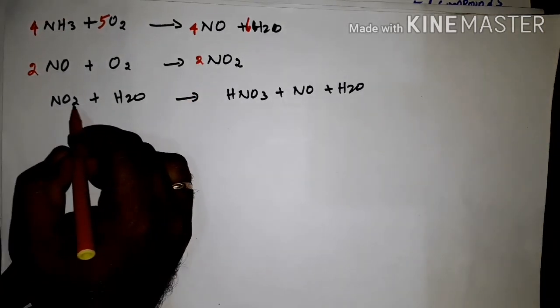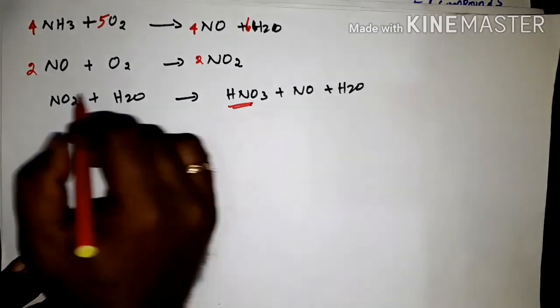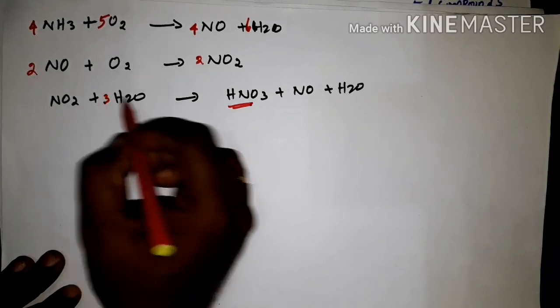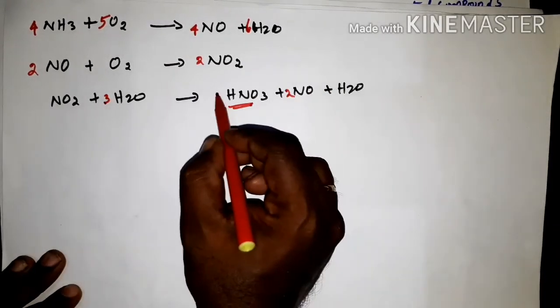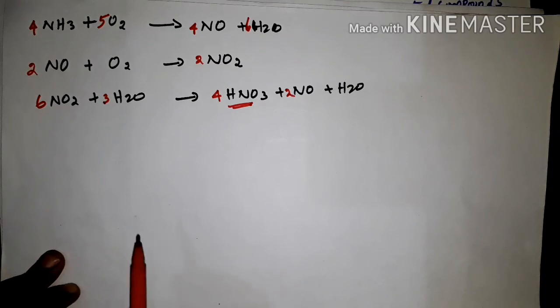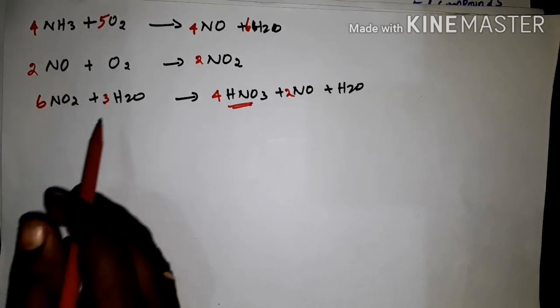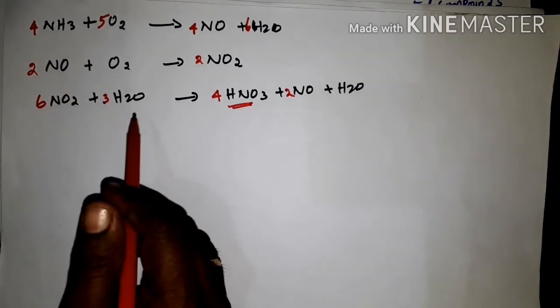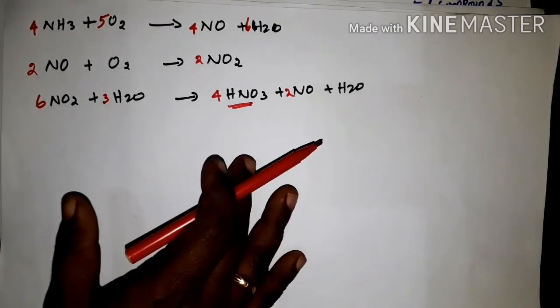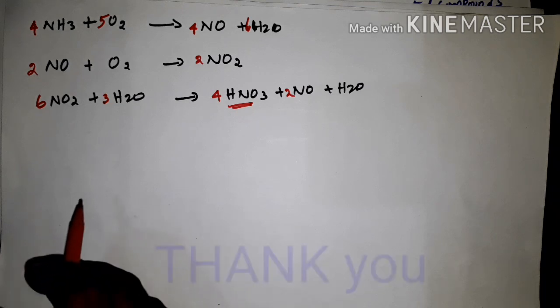So that final step is nitrogen dioxide reacting with water to produce nitric acid. Here put 3 here, then 2, here 4, then put 6 here. Now the equation is balanced. Clear? So that's all about the preparation of nitric acid. The Ostwald process has 3 equations and there are 6 steps. Okay, so we will wind up this video today. In the next video we will discuss the properties and uses of nitric acid. Thank you, students.